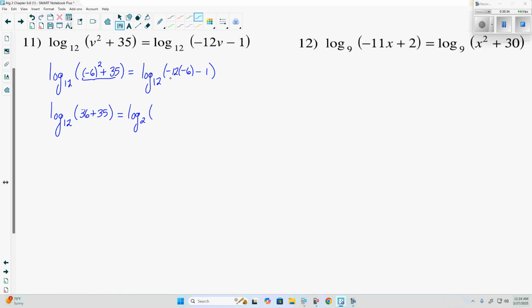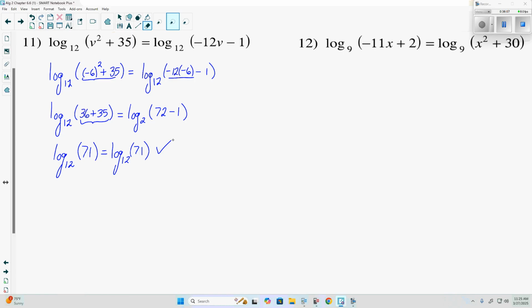On the right-hand side, we have negative 12 times negative 6, which is going to be positive 72 minus 1. Now this here, 36 plus 35 is going to be 71. And 72 minus 1 is